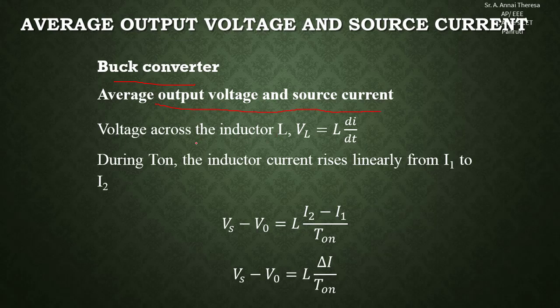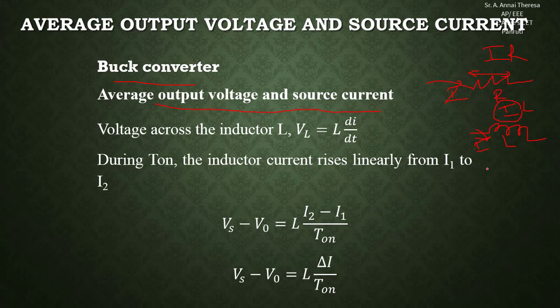We can take the voltage across this inductor, VL, equal to L into di by dt. Why are we writing this di by dt? For example, for the voltage drop across a resistor, if the current through the resistor is I, we write the drop as IR. If it is an inductor, with current I through it, we would write something like that, but here we have written di by dt into L. So instead of this I, why have we written di by dt?